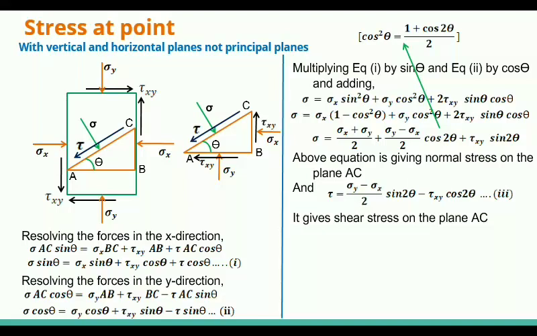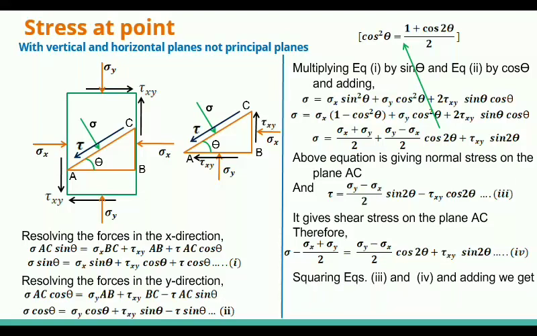So you already know what shear is. Tau is the shear stress on the plane AC. So therefore, what can we calculate? You just see the equation we have derived above. So we can write sigma minus sigma x plus sigma y divided by 2. Using this relation and doing some operation on it, can we get some conclusion or not? Like a Mohr circle, can we draw a Mohr circle, and can this equation give some type of Mohr circle or not? So let's try that. So you can write this.